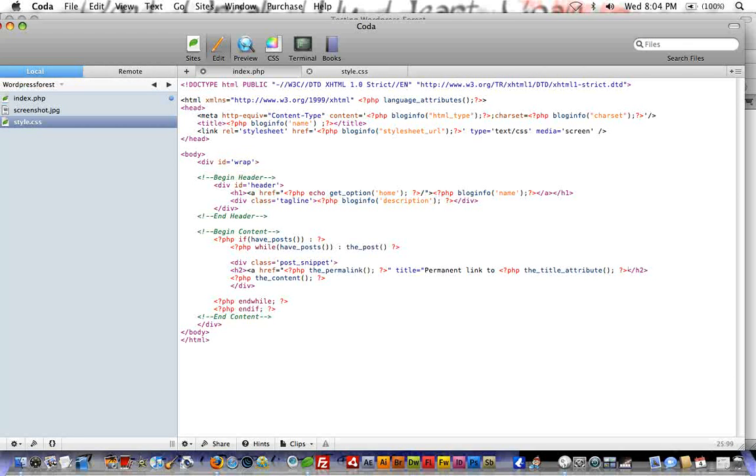And that will display the title in between our title tags there. Now we need to close the anchor tag. And lastly, what we want to do is display the actual title in between the anchor tag. So the title. And now we can close our anchor, and our h2 tag is